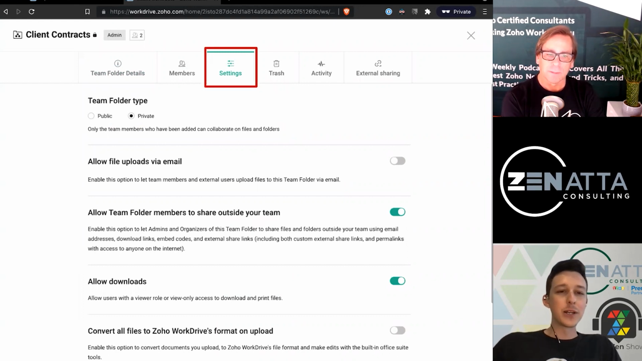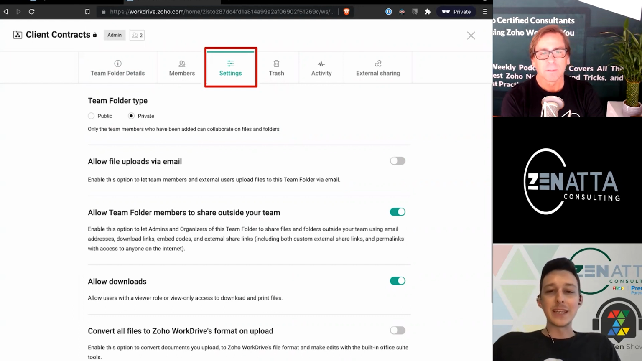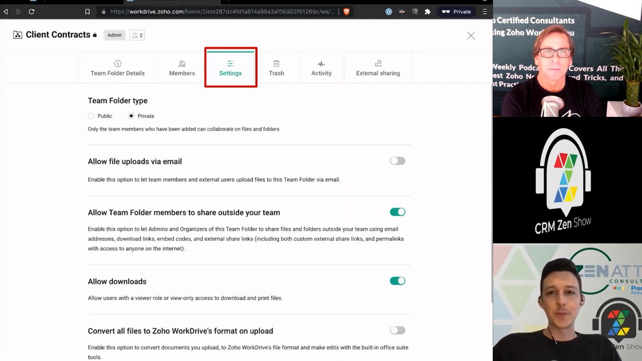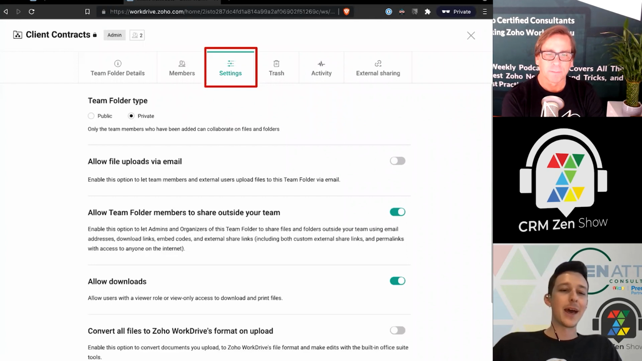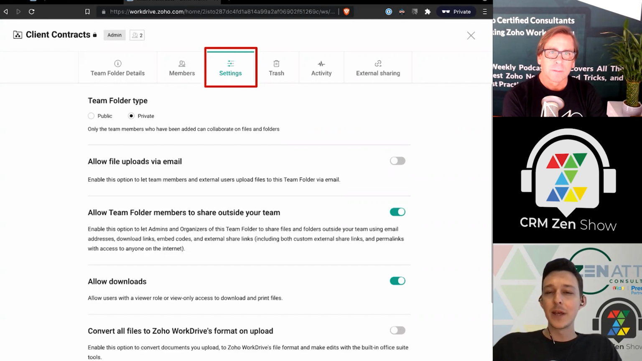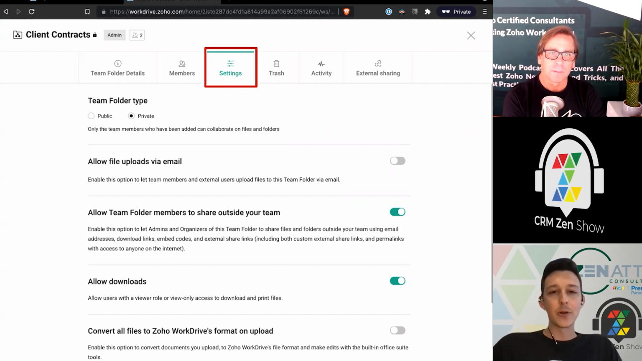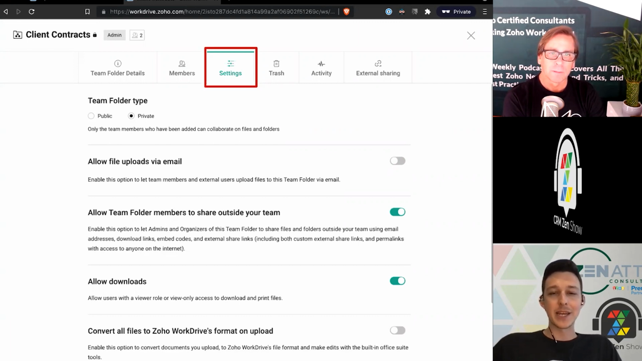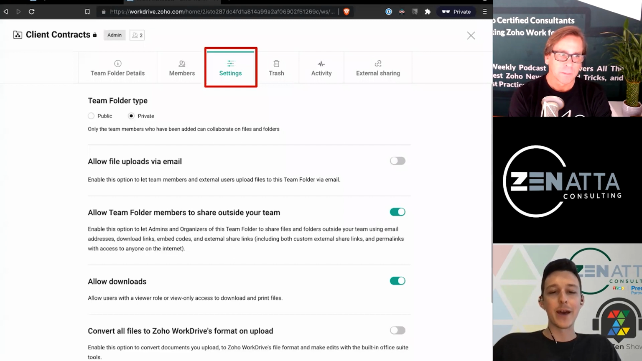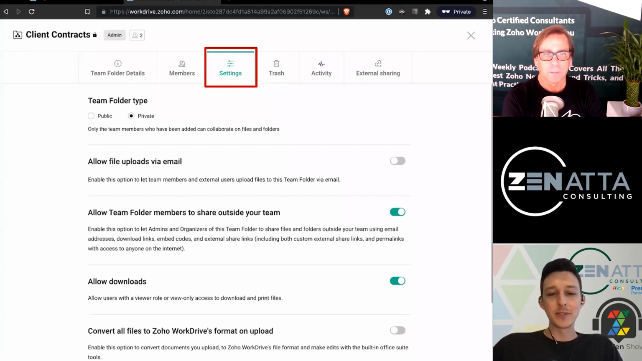Settings here, if you wanted to change things, make it public, you could do that. If you want to allow uploads via email, you can go ahead and turn that on. It's going to give you a big old programmatic email address that you can forward to with an attachment. It's going to add it to the folder. Here you could say, we actually want to kill the ability to share externally. We want to disallow people from downloading. And then down at the bottom there, you've got that setting for a specific folder where I might say I want all of our documents to be automatically